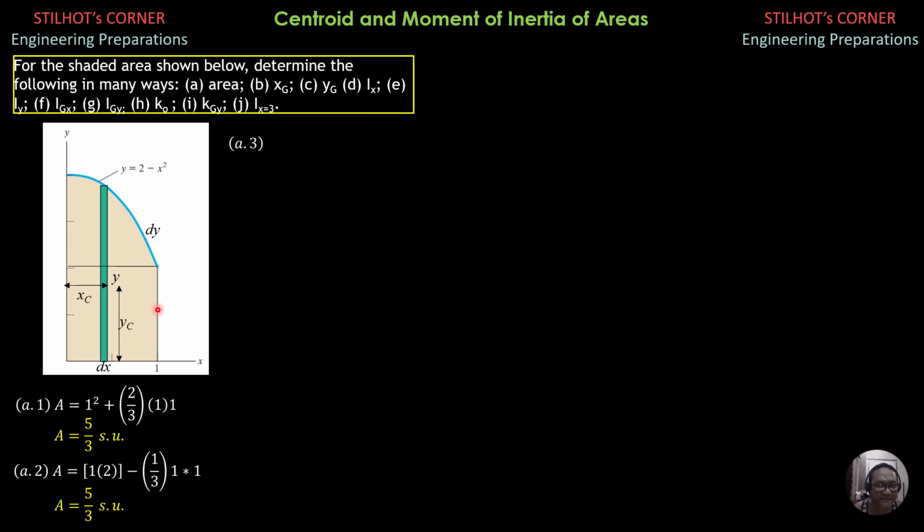Take note of that. So area, third way, is integral of y dx, where y is 2 minus x squared, then dx. That's easy to evaluate using power formula. By the way, the limits should be, x is the variable of integration, so limits is from 0 to 1. And I just leave that to you. Using the calculator, it's also 5/3 square units.